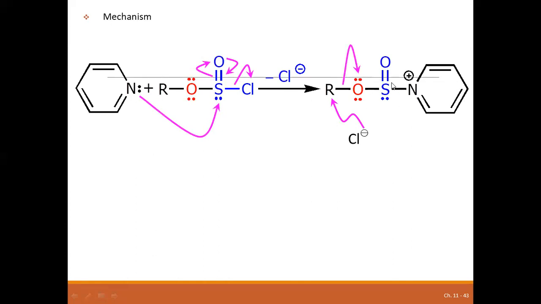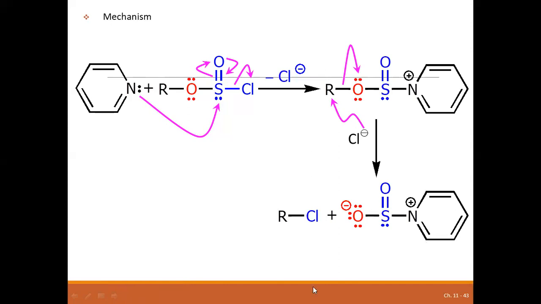Once you have this structure, your oxygen now becomes a good leaving group, and chlorine can easily attack your alkyl carbon here, the positive carbon. When it attacks, it follows the SN2 mechanism. Actually, you don't proceed with an SN1 mechanism. When your nucleophile attacks, the leaving group leaves your alkyl halide, you have your RCl, and you have this one. And again with that,